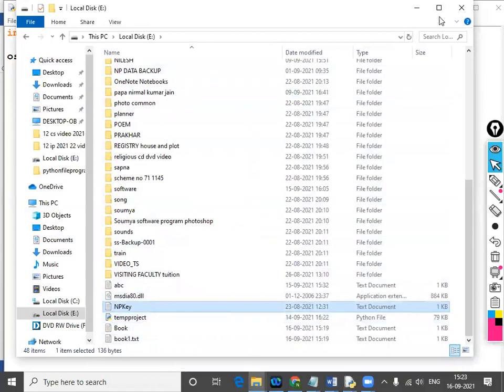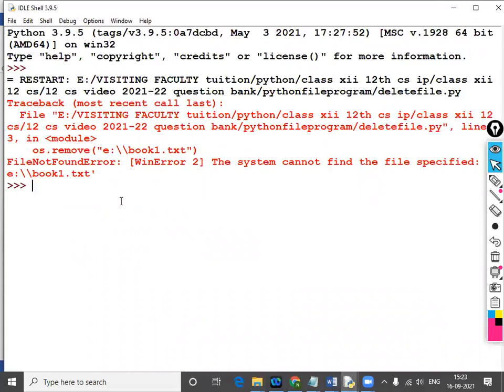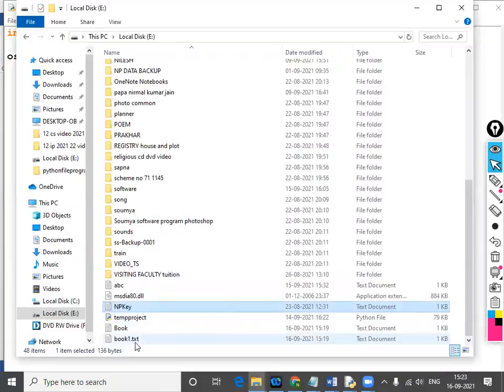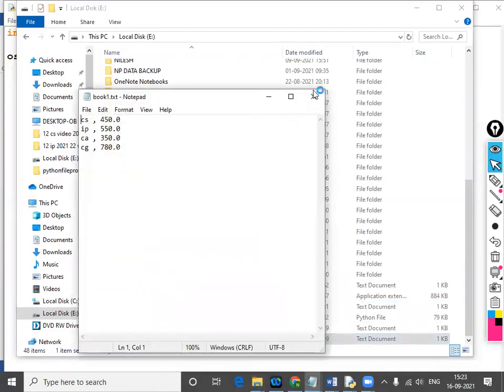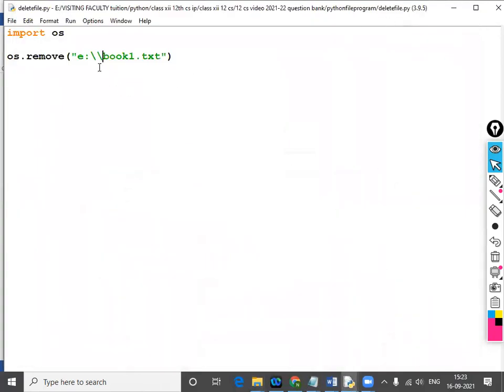Now here it is showing a double extension will be put here.